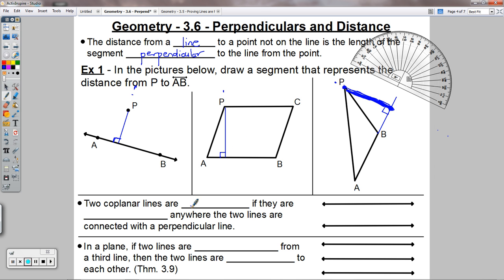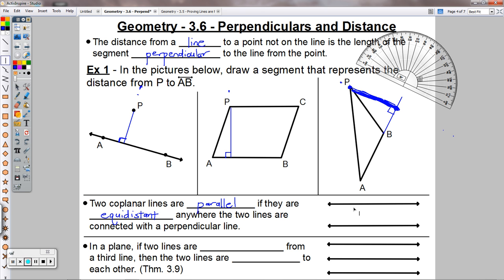Moving on to these other definitions, two coplanar lines are parallel. Definitions and theorems. Two coplanar lines are parallel if they are equidistant. So this is where this word comes into play here in this lesson. So anywhere the two lines are connected with a perpendicular line. So if I connect, for instance,